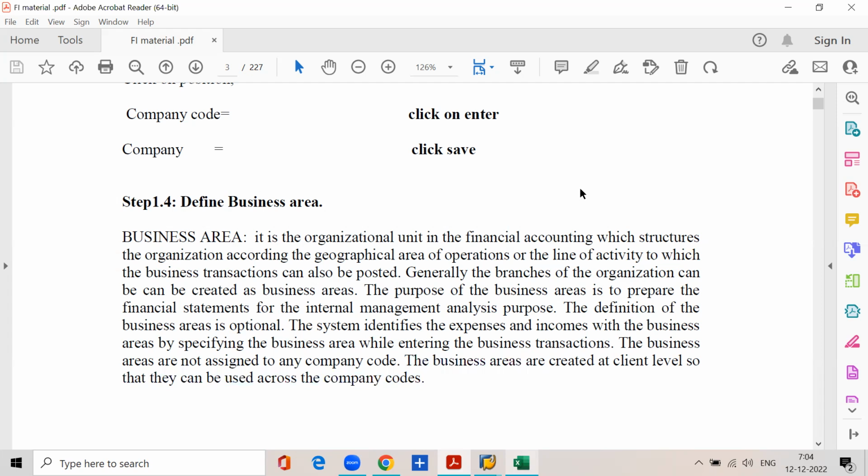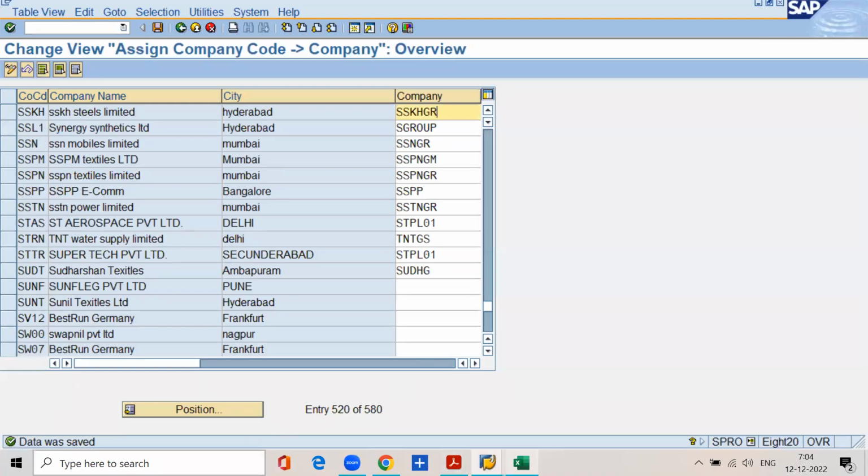Now, see, the business areas are not assigned to any company code. And the business areas are created at the client level so that they can be used across the company codes. That means, for example,